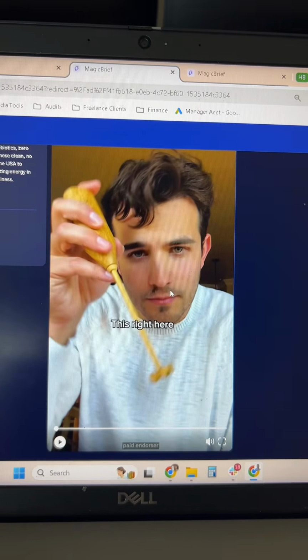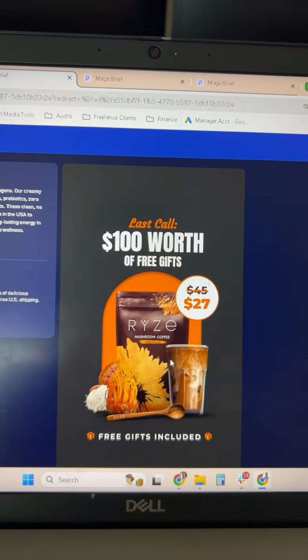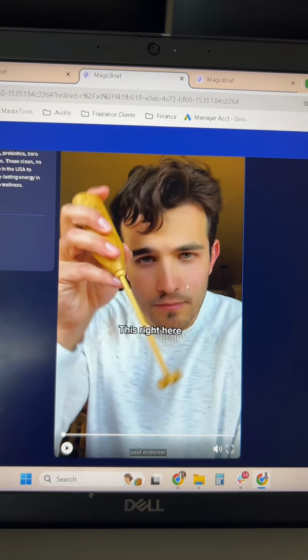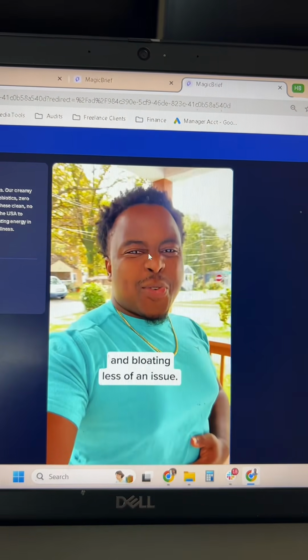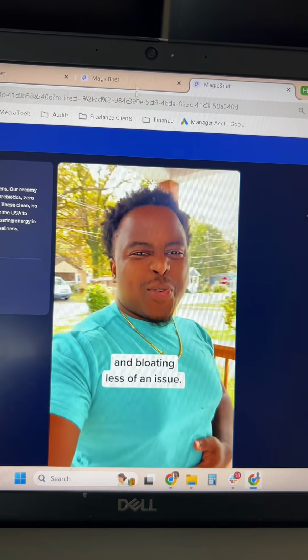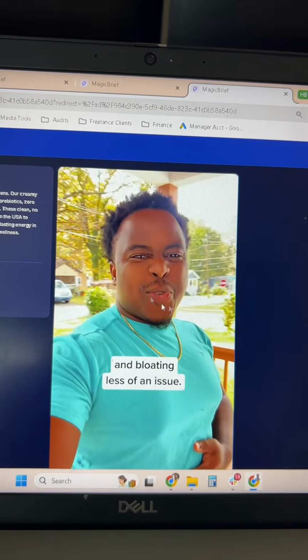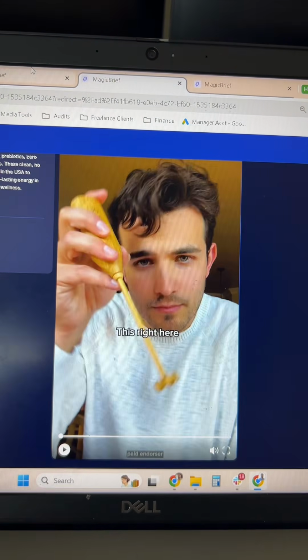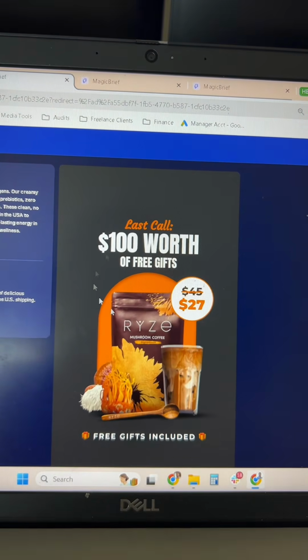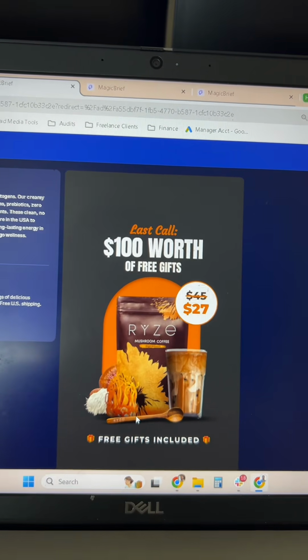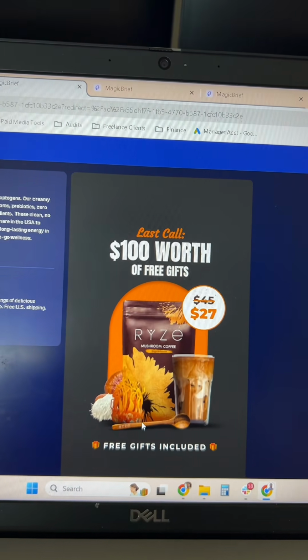And then this ad does an even better job establishing credibility. This gentleman actually goes on to discuss this free tool that he got with his purchase, right? And the fact that his bloating went away after he used it. So it establishes credibility. So if I were to see this ad, not really do anything on the website, and then a day later see this ad and it made me believe in this claim even more, and then the third day, I'm kind of interested now. The third day, I actually see this ad in my feed and then I convert. That's awesome. That is a Facebook ad funnel for you.